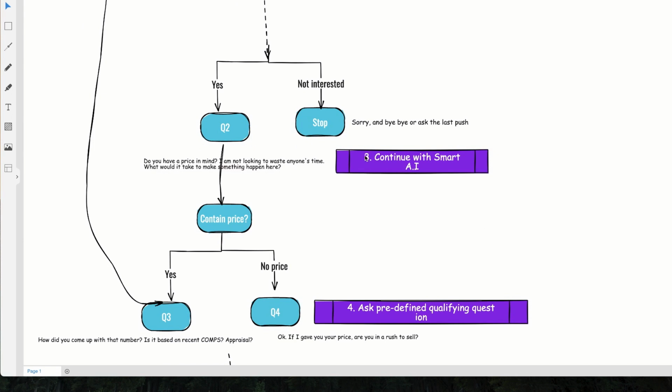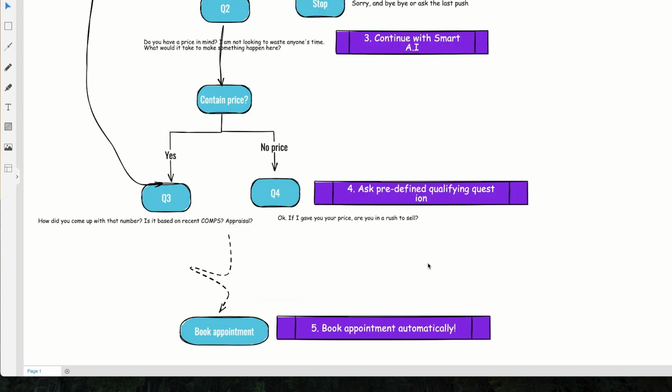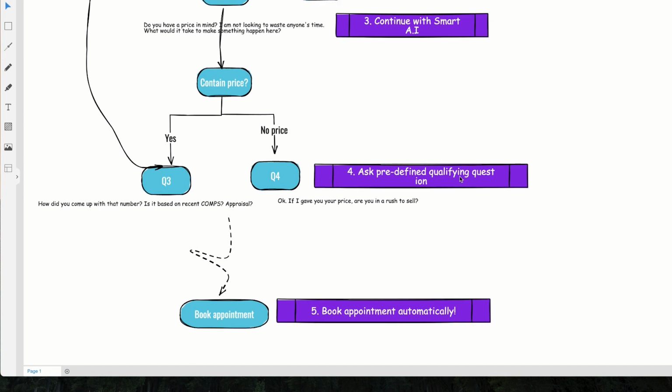And the third thing is our smart AI can actually continue the conversation. You have seen in the demo previously, if the user asks a question, whether it's relevant to this conversation or sometimes even totally irrelevant, our smart AI can generate a professional and relevant response and continue the conversation, so that you can continue to ask the predefined questions you want.